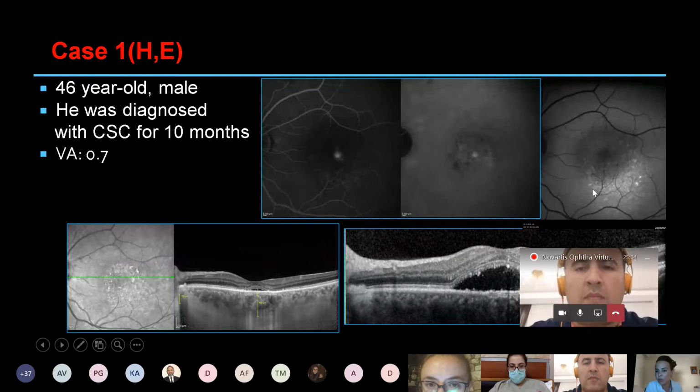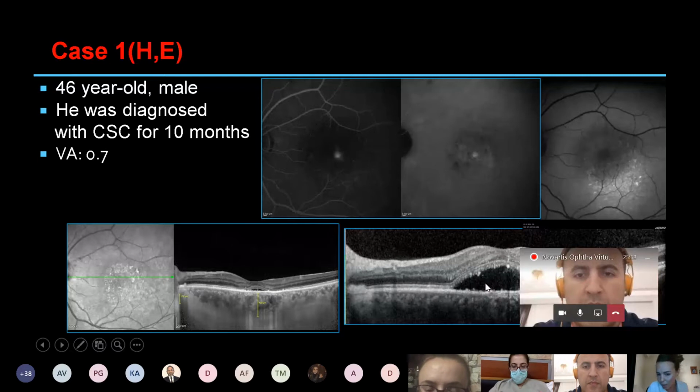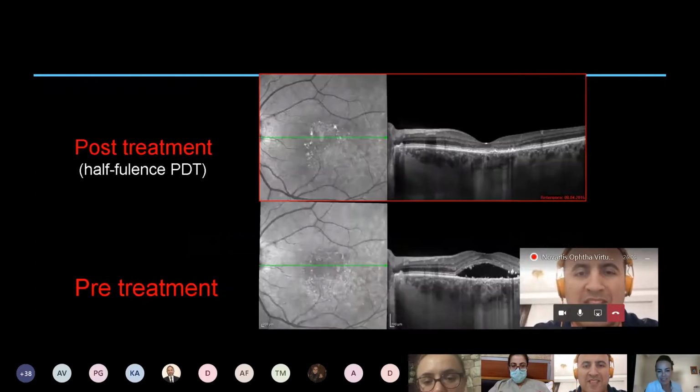This is typical for the fundus autofluorescence picture. There is some hyper autofluorescence spot coming from the center and going down to the periphery, and you can name it gravitational defect if you have some RPE changes over it. Nothing but subretinal fluid here, no pigment epithelial detachment, thick choroid, and the diagnosis was pure central serous, and I decided to do photodynamic therapy for this case.